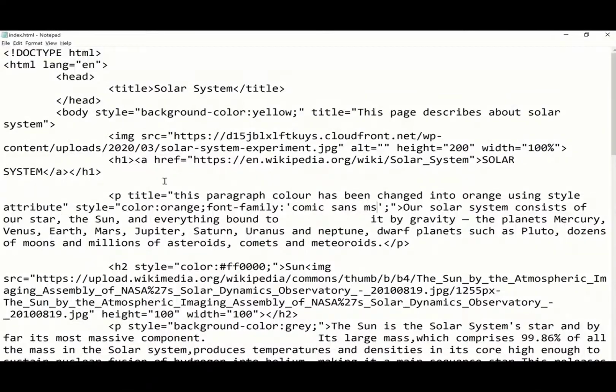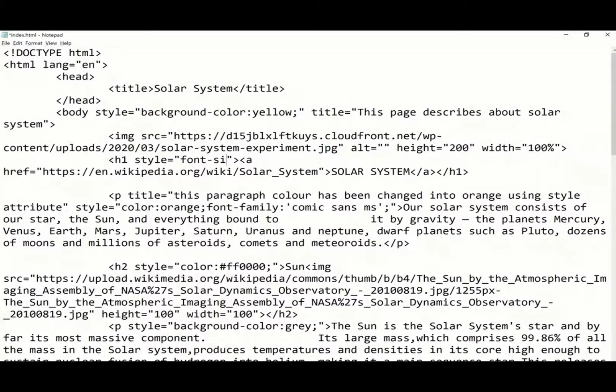Okay, now let us change the font size for any HTML element using the font-size property. Let me change the size for this Solar System link. Font size, let me give 200% as the value here.